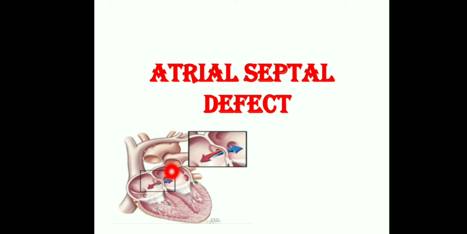In this atrial septal defect, both atriums are there, this is the right atrium, this is the left atrium. In between, the foramen ovale is there, and because of improper closure of that foramen ovale, some septal defect is there, so some hole is there. Through that opening, deoxygenated blood may enter into the oxygenated side, and oxygenated blood may enter into the deoxygenated side. So atrial septal defect means both atriums have some structural deformity, a hole is there.